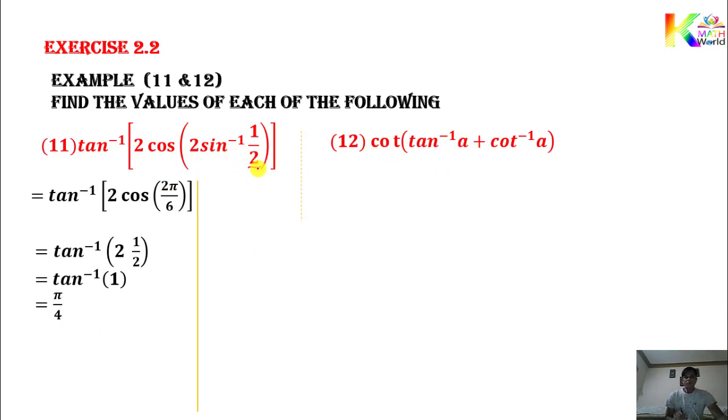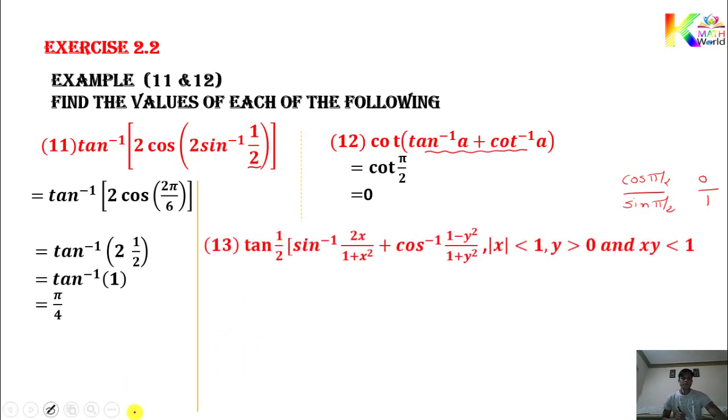Same way, right now this is a known value. Suppose this value is unknown. Then you can assume this as theta and you can solve that question. Okay. Simple question is tan inverse plus cot inverse. The angle is also the same. This is the complementary formula, tan inverse x plus cot inverse x. What is the answer? Pi by 2. So you get cot pi by 2, that is cos pi by 2 over sin pi by 2. Cos pi by 2 is 0. Sin pi by 2 is 1. So 0 over 1. What is the answer? 0. Okay.